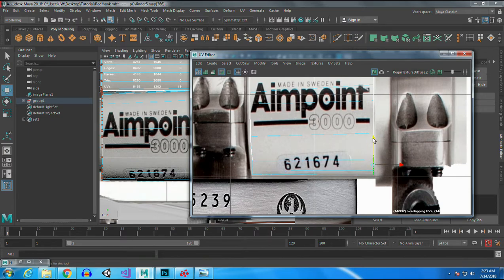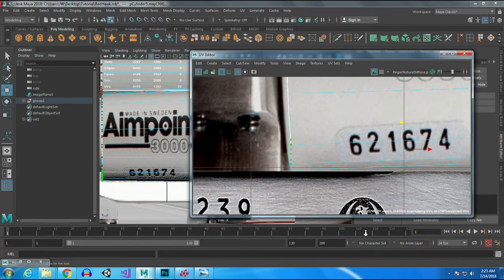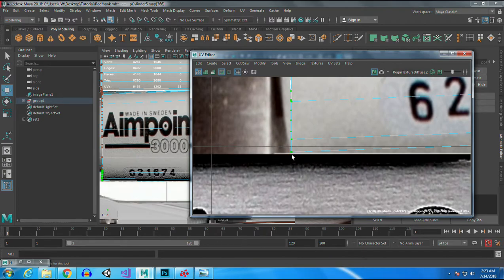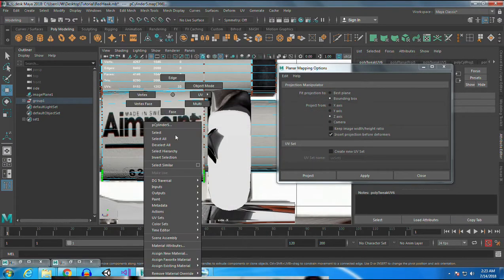You don't want to bring them down too far, because as you can see, we're going to have clipping. So now that is where it needs to be. So the next thing we need to do is work on these right here,